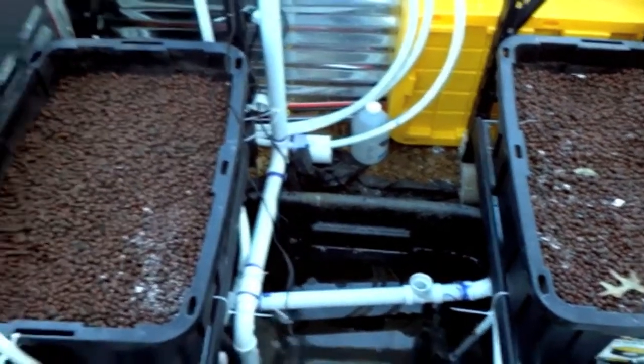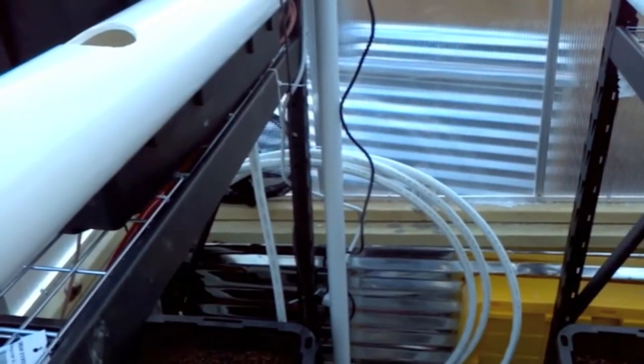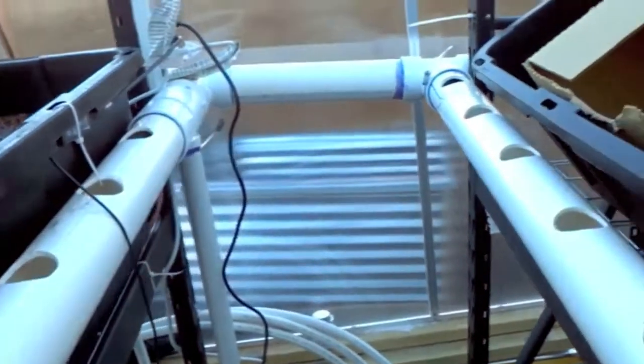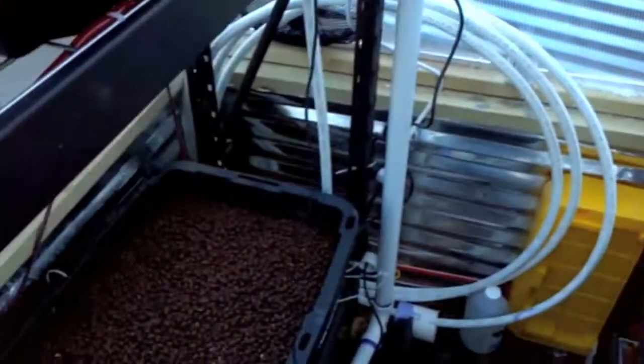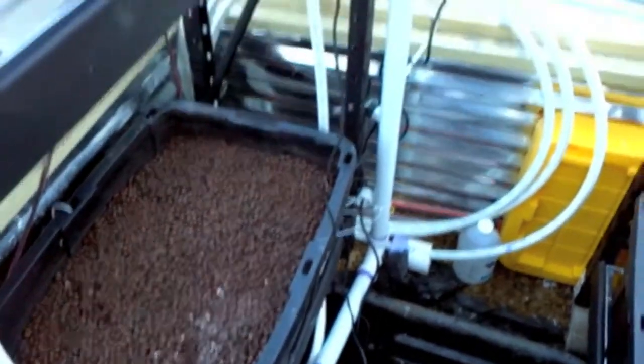Now I'm finished all the plumbing. All these pipes have been glued together, and for the first time, I'm going to start the pump and see what happens. So basically, if it works as planned, coming up this tube from the 1,000-gallon per hour pump, it goes